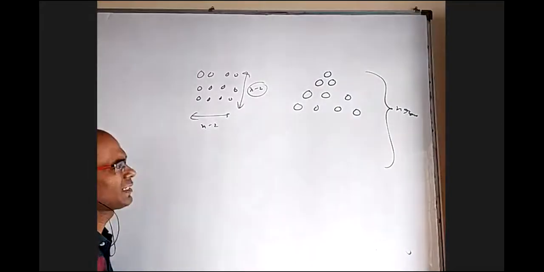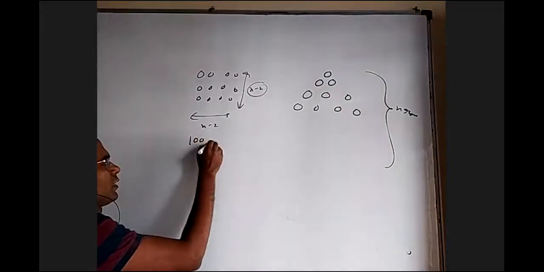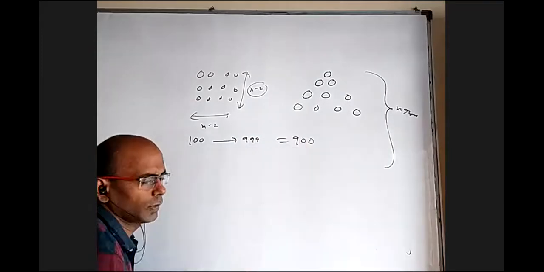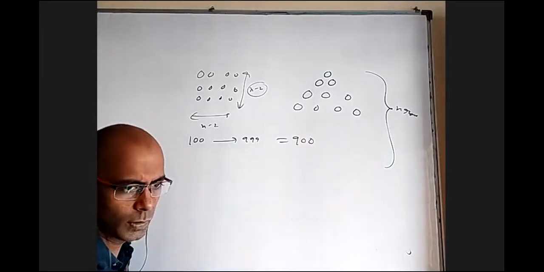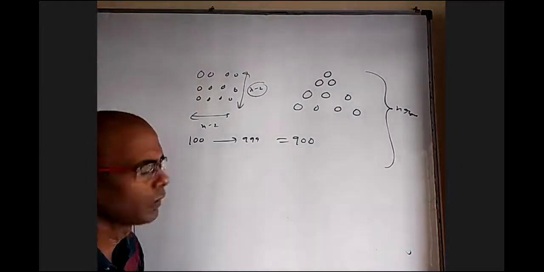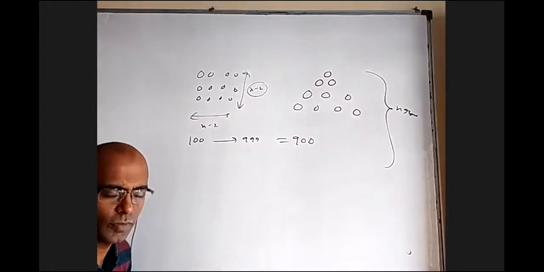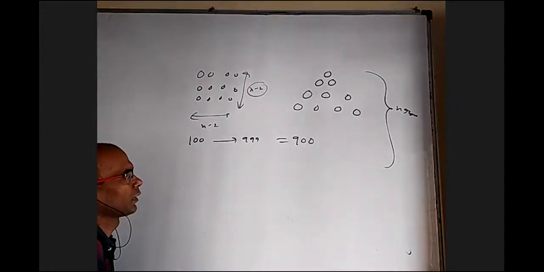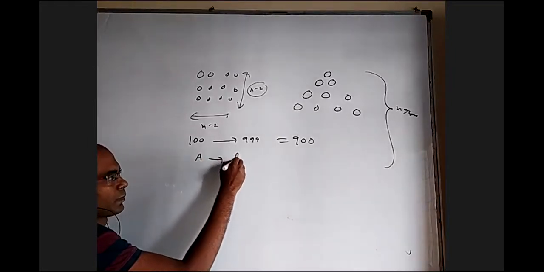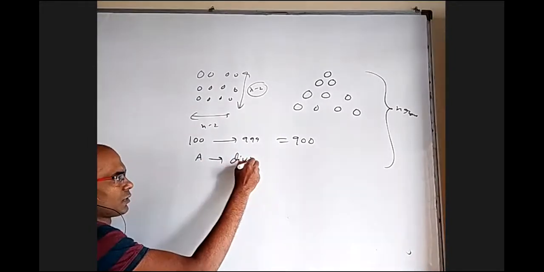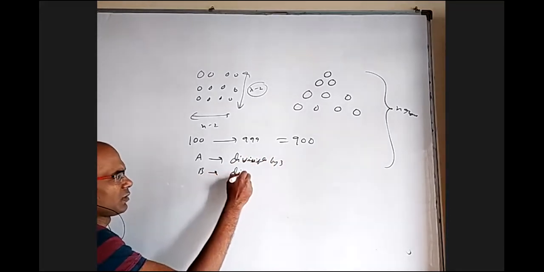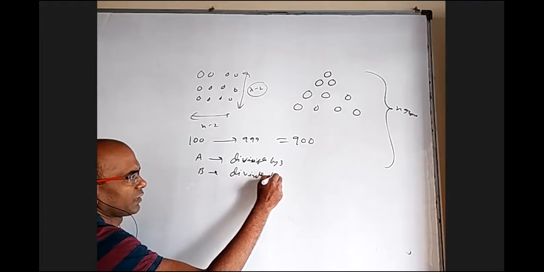When you take three-digit natural numbers, they start with 100 and go up to 999. So there are 900 numbers. In that, if any number has some common factor with 15, we don't want it. If something is divisible by 3, we don't want it. Divisible by 5, we don't want it. Divisible by 15, we don't want it. So let us say A means divisible by 3, and B means divisible by 5.